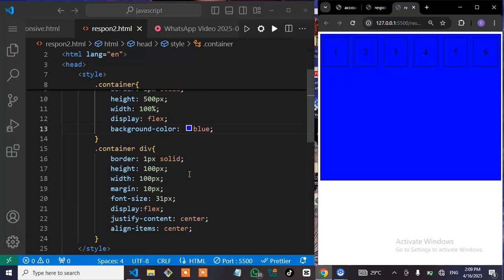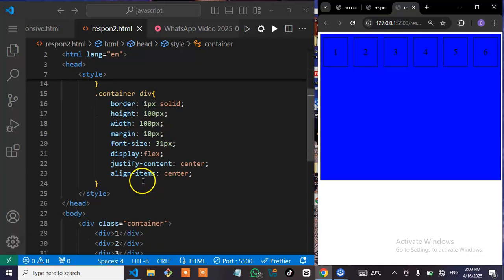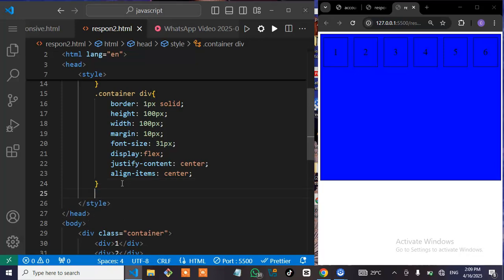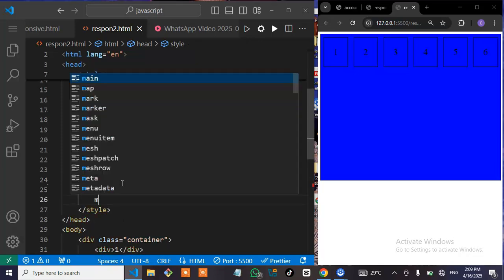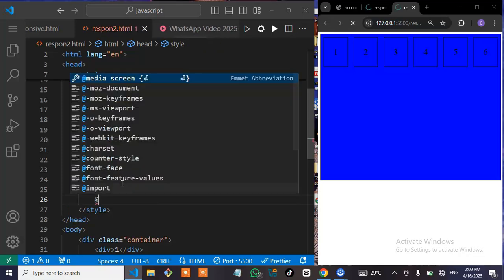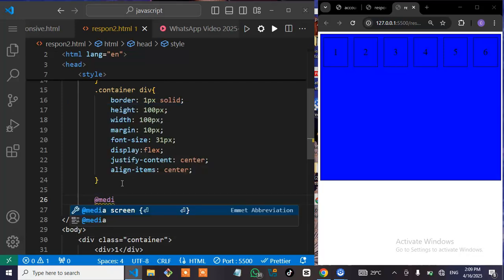So that's where media query comes in, because we want to use media query to make these div items wrap whenever we're at a particular screen size. So the next thing we'll do is we'll say media query. Please, this is very important. Say at media, and screen, or at media screen,